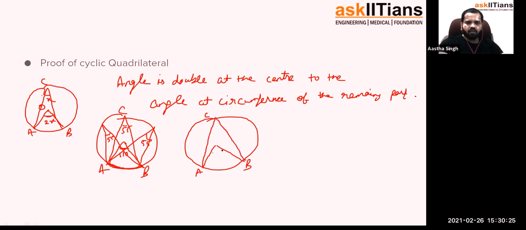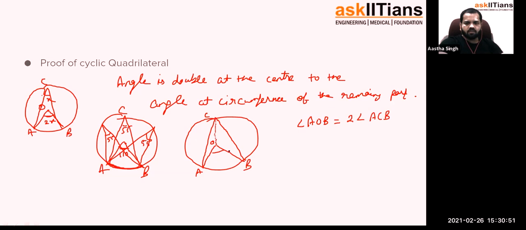You have to prove that angle AOB will be equal to twice angle ACB. It means the angle at the center is double the angle at the circumference. So how will you prove? Let me join point O and point C,